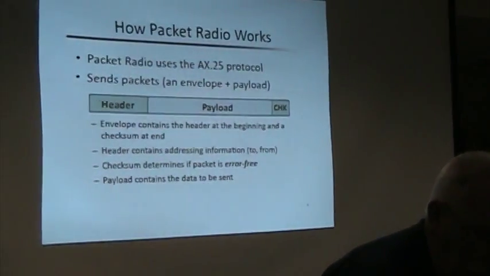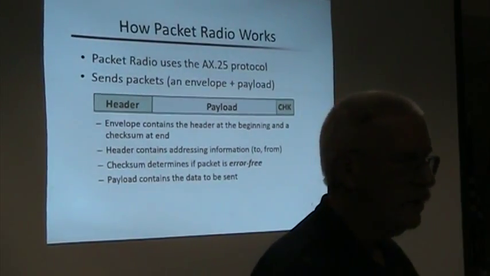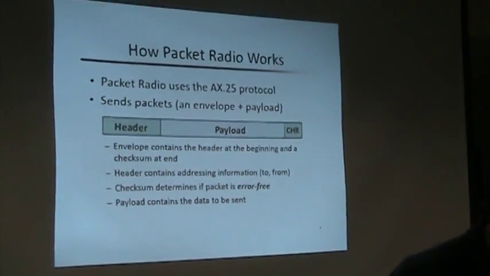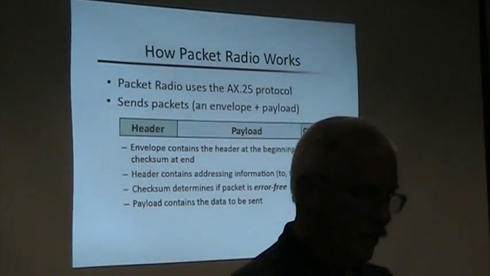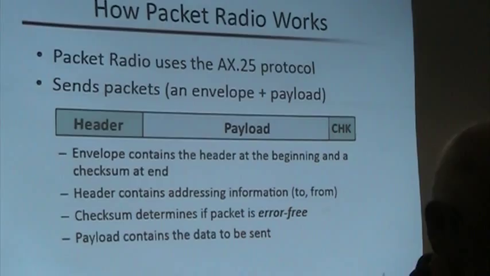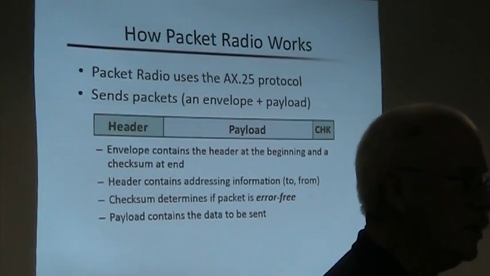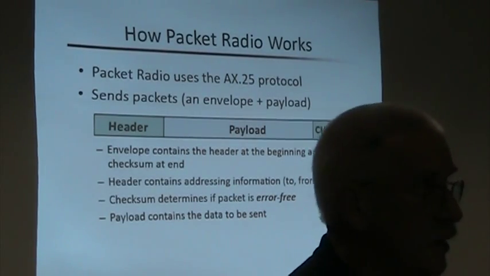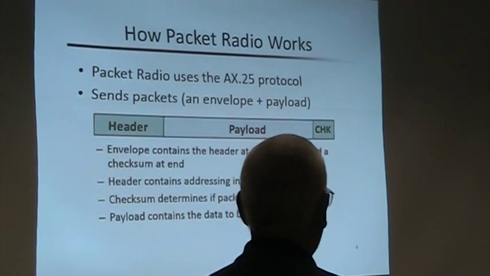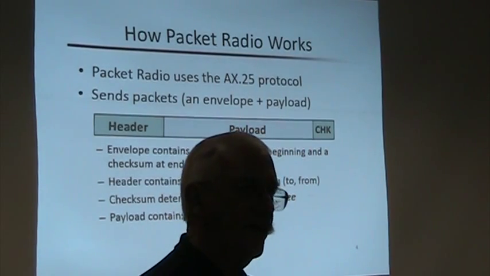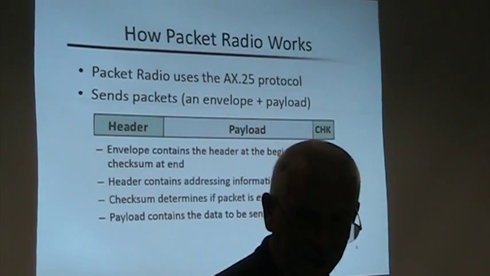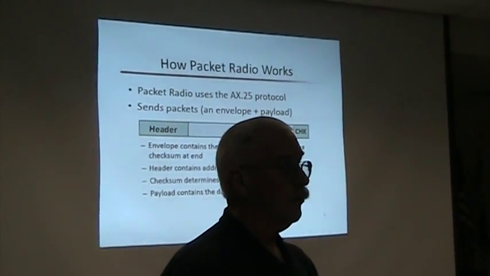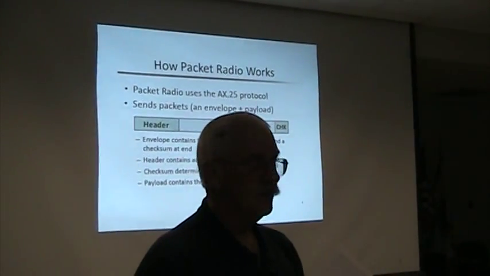How Packet radio works: it uses a protocol, a data layer networking protocol called AX.25. It sends packets, which are chunks of data, and each has a header, which tells you where it's going and who it's from, what you're sending, and then a checksum. What that allows it to do is send pretty much error-free, because if it gets something that isn't right, it'll try again. And the way I think of it, I like to think of concrete things, that may have been the 30-some years of teaching kindergarten,